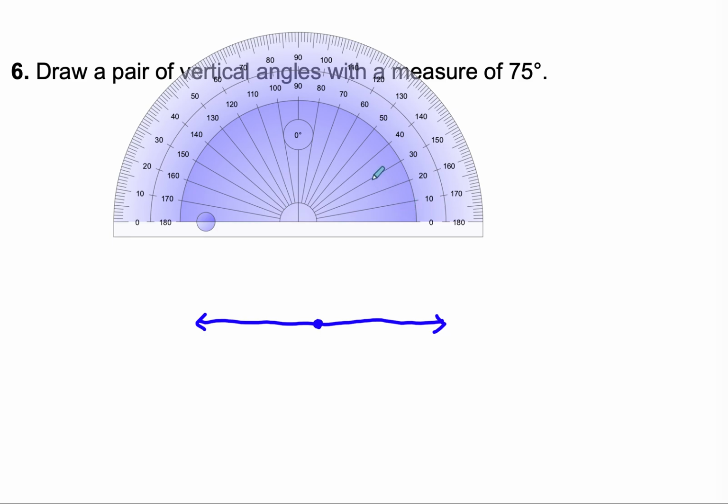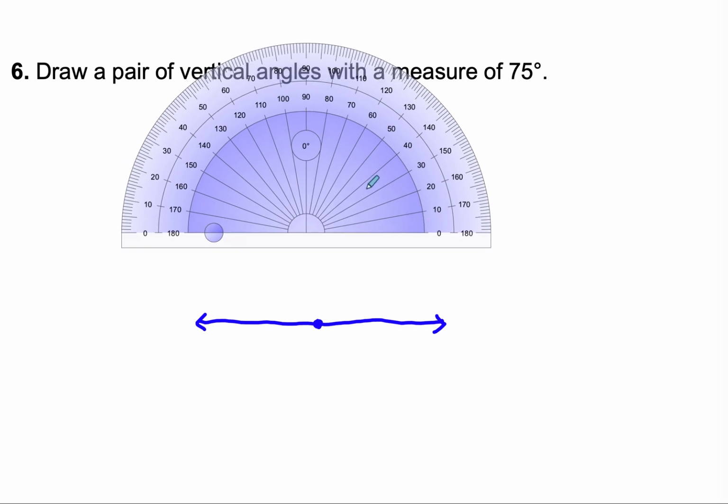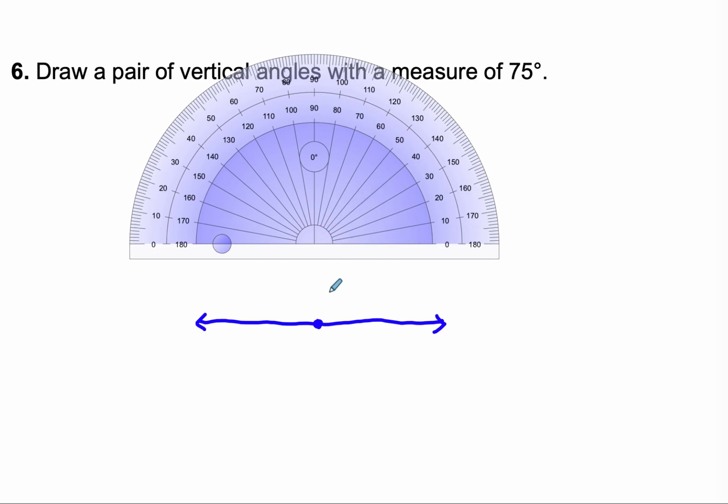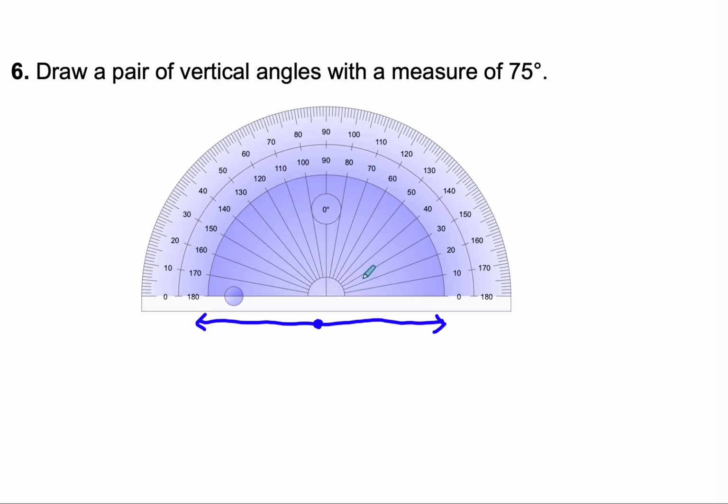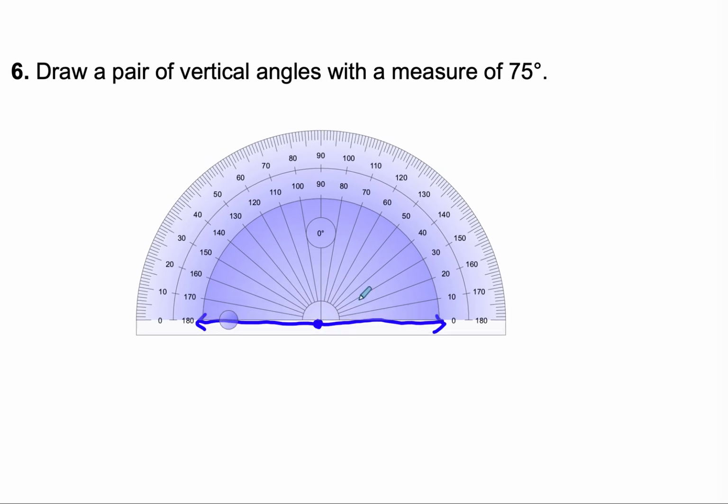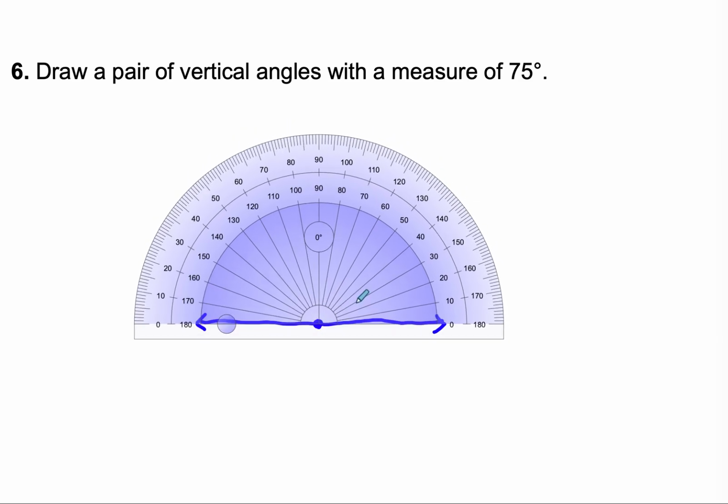The next thing you need to do is to line up the center point of your protractor with the center point of the line that you drew. Don't put it on top like this. You need to put your center little hole or the little cross part in the middle right on top of where you put your